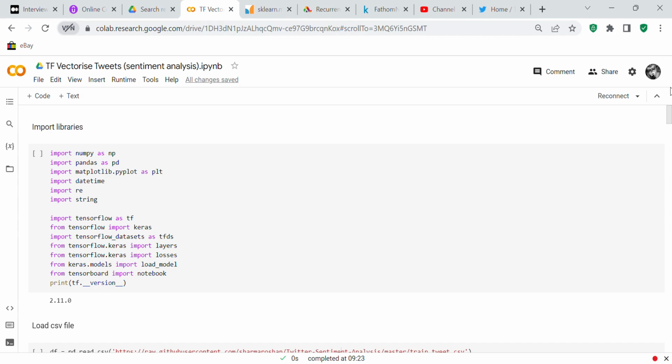So I wrote this program in Google Colab, which is Google's free online Jupyter notebook. And Google Colab is a very good platform to use, with the exception of the fact that it doesn't have a very good undo function. So you need to be very careful that you don't